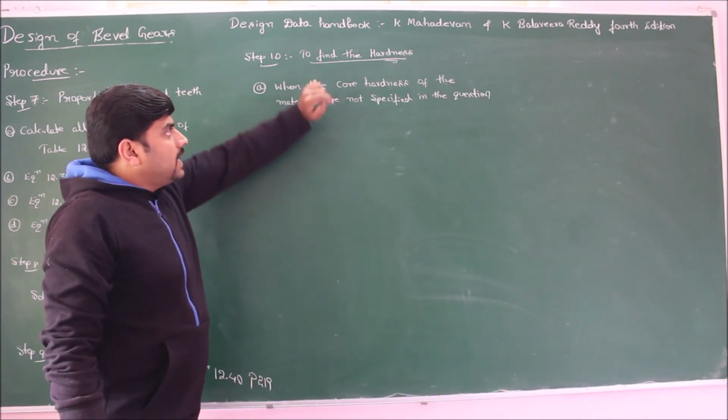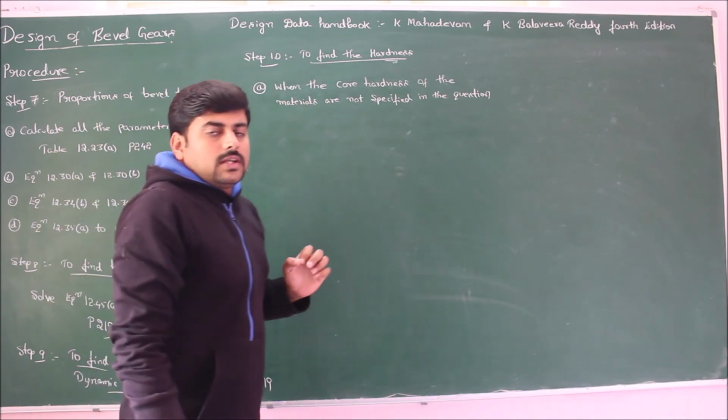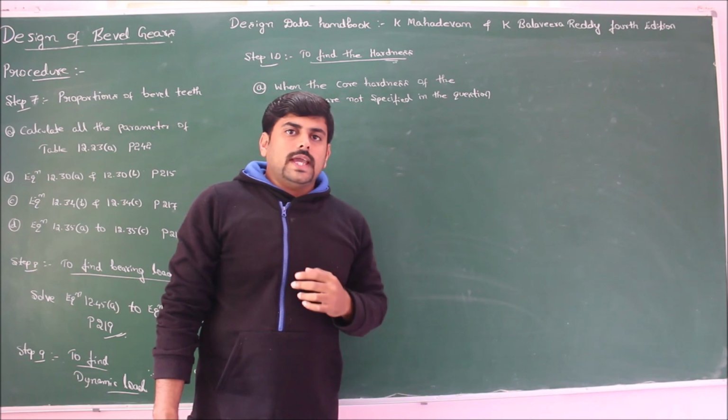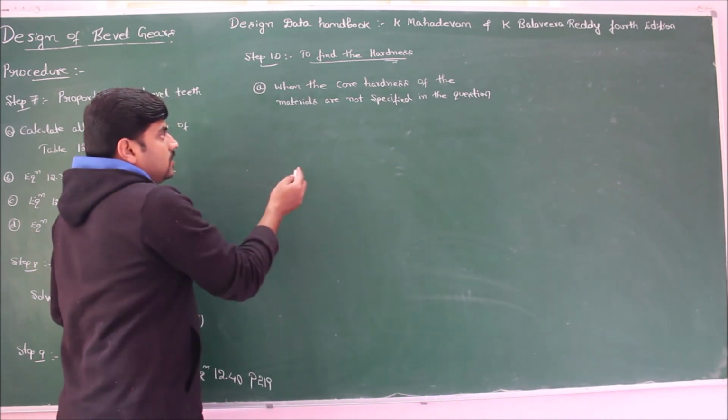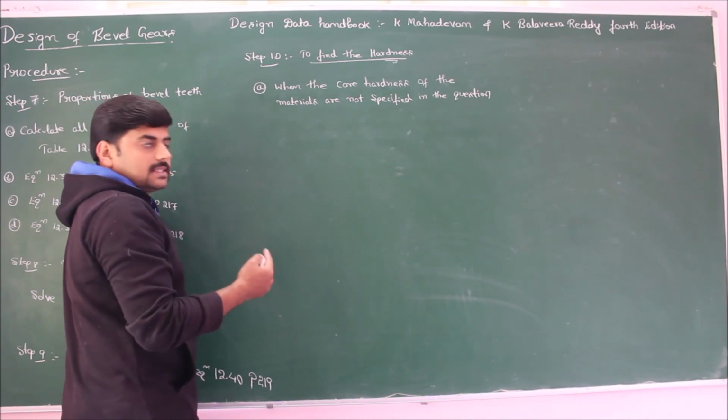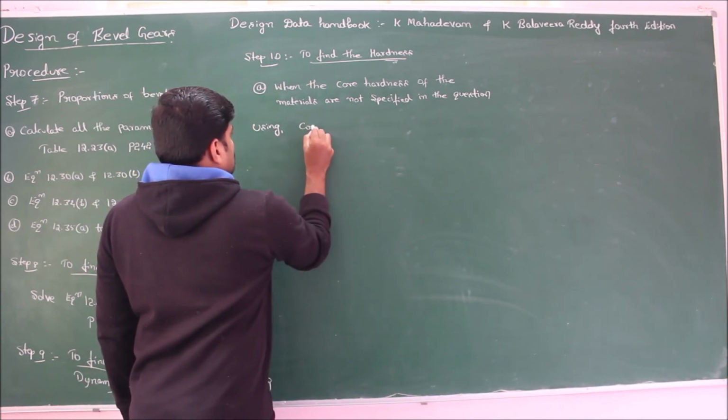If the core hardness is not specified in the question when giving the material for pinion and for gear, then use the general procedure what we are employing to find the hardness, that is using